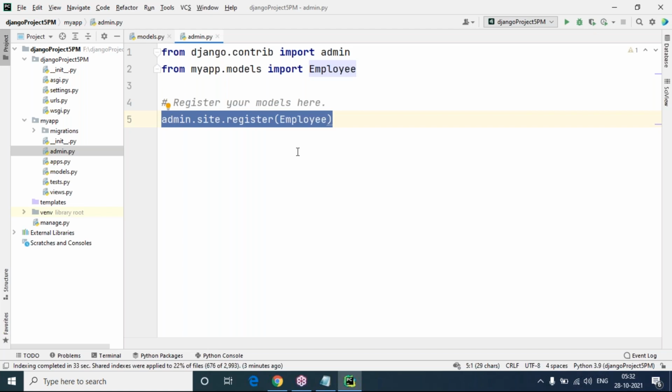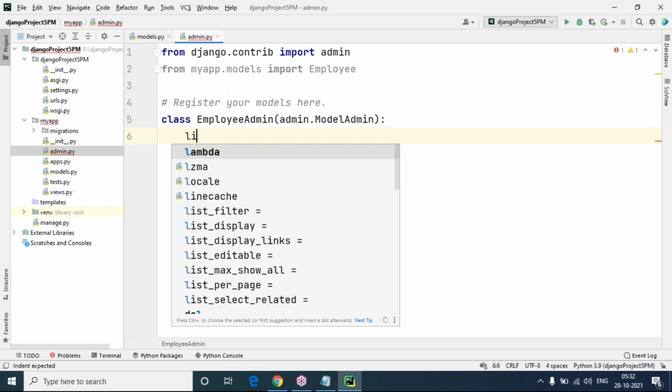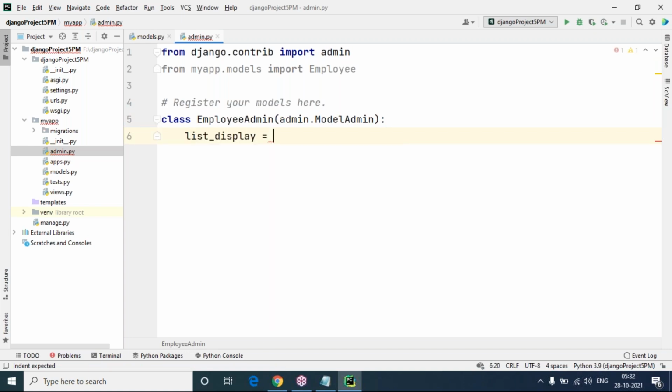The reason is that I have to use the decorator concept. So I'm going to create a ModelAdmin here. ModelAdmin, as we already discussed in Django. So now you can see EmployeeAdmin, this is the ModelAdmin class. So now we can see admin.ModelAdmin I'm creating. Now list_display is a variable, a default variable. How you want to display it decides where it will display your model fields, how it will display in the admin panel.